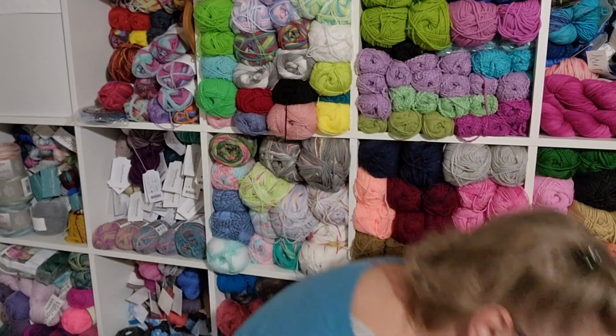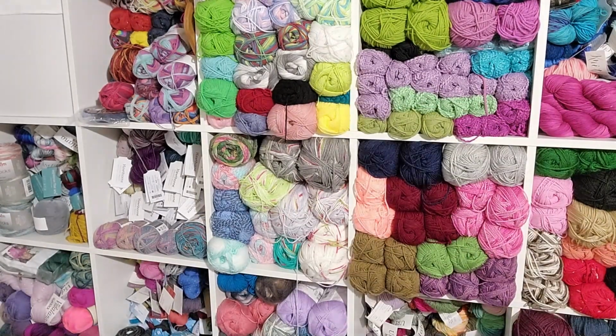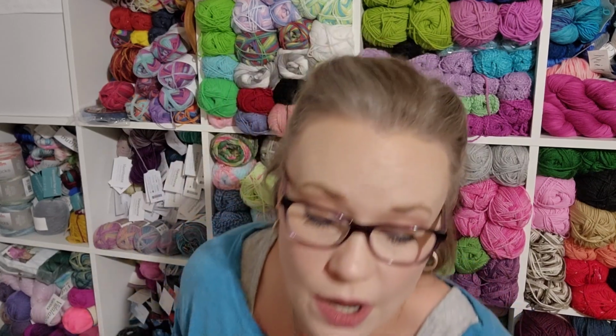Because I have not started the next blanket, I have not done the tutorial on how I'm doing the continuous join, or the join as you go method for the squares. That is still coming. I'm still planning on doing that. I just wanted to get the next blanket started and use that as a starting point instead of trying to do too many things at once. So hopefully next week I will have an opportunity to sit down and film that. It won't happen this weekend, I know, but